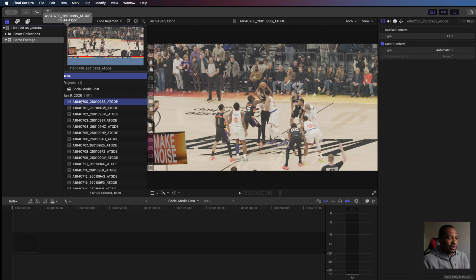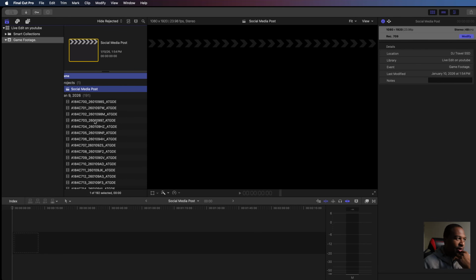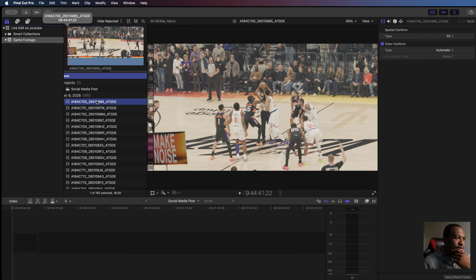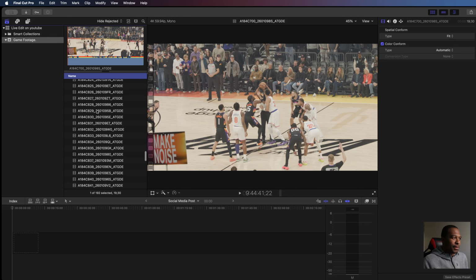What I usually do is I'll put all my footage in a game footage folder, and I usually put my project in its own folder, but I'm just doing this to keep everything simple right now. And I shot this on Canon C70. Typically C70 will put a LUT on it once I upload it, but it was shot on log, C-Log 2. So what I'm gonna do is, let's see,